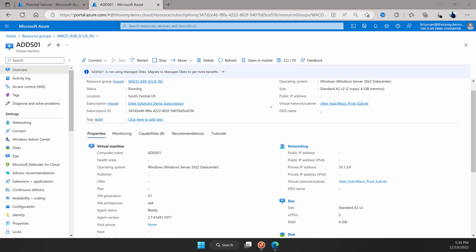So there's a few things we want to do first before we consider successful failover. We do want to get on at least the domain controller or the SQL server. We want to make sure that the services have started, that the machines are talking to each other. In a production failover, you might have other data centers, making sure that these machines might be able to communicate